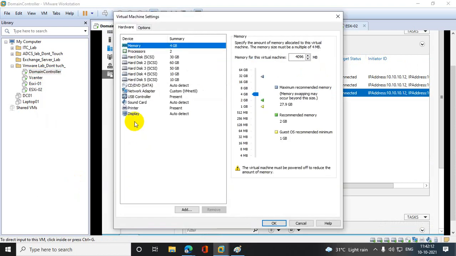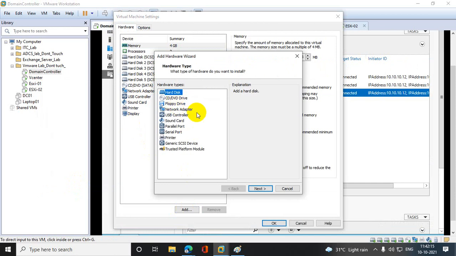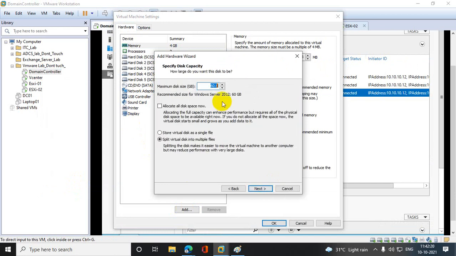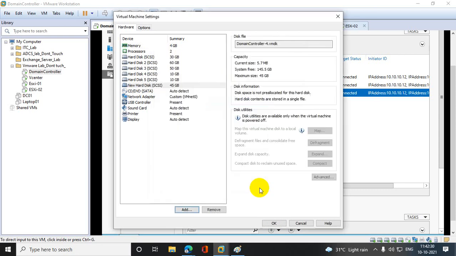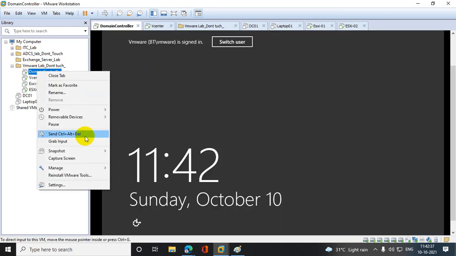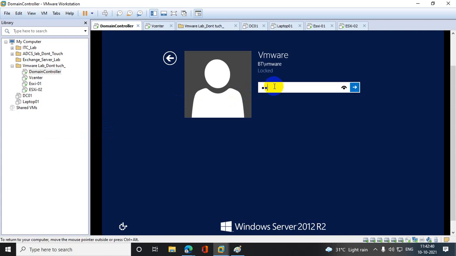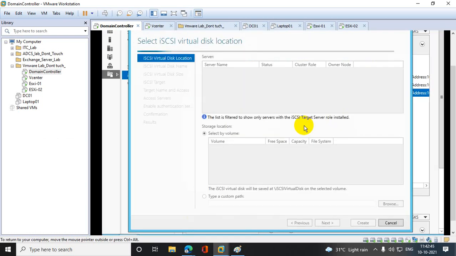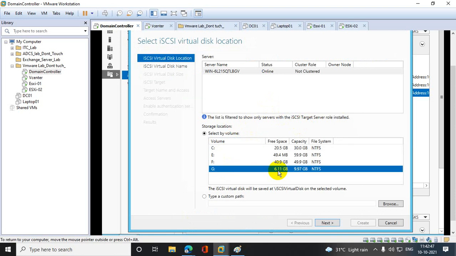Settings, hard disk, and the size I'm taking is around 70 or 45. Okay. Let's create a new virtual disk.